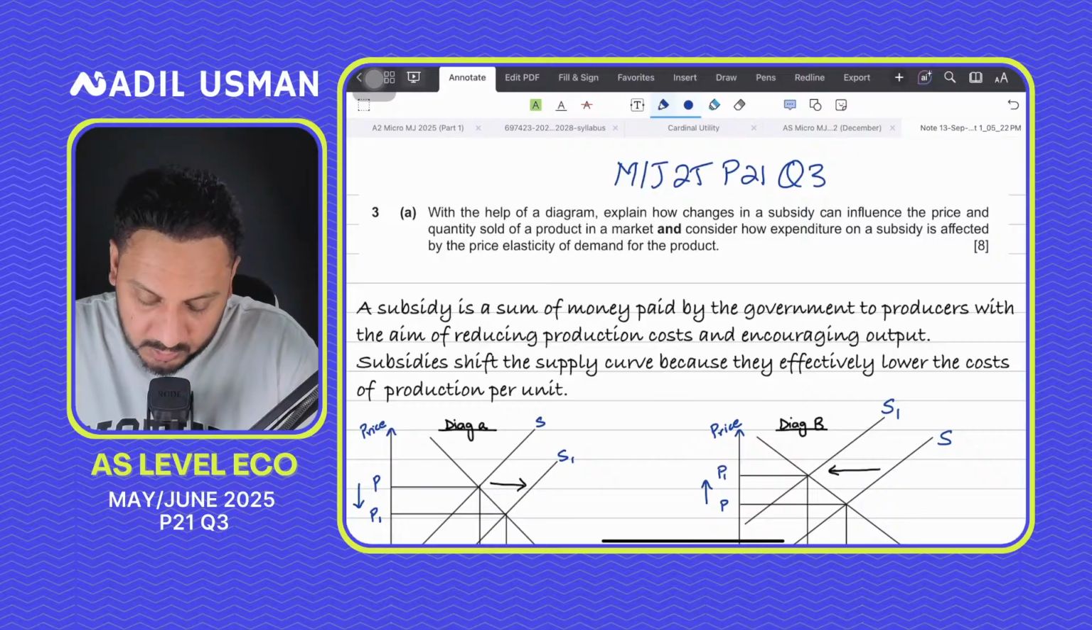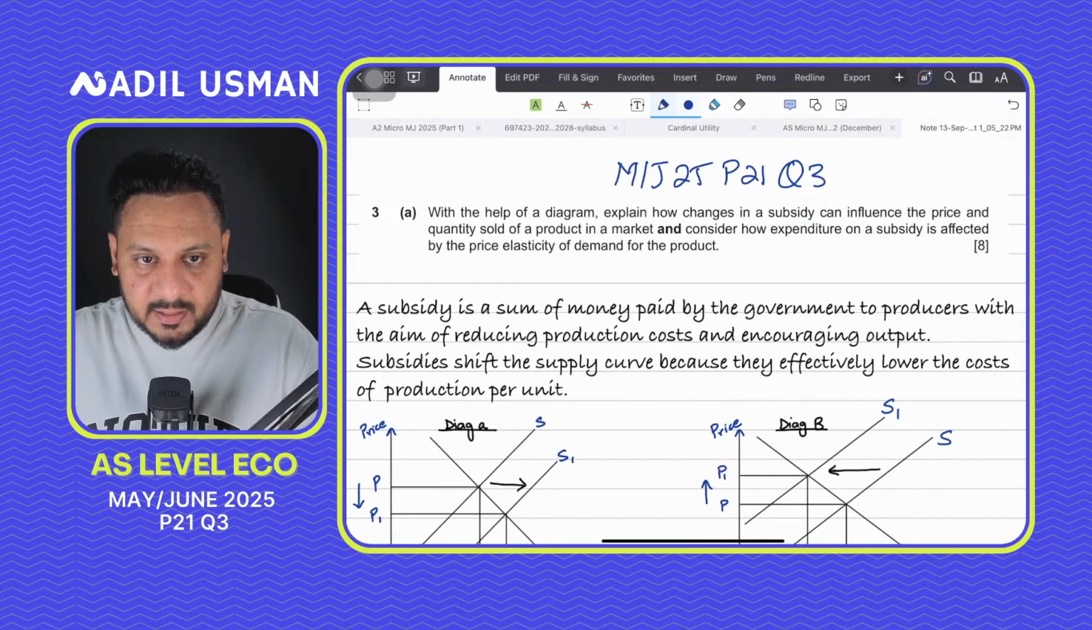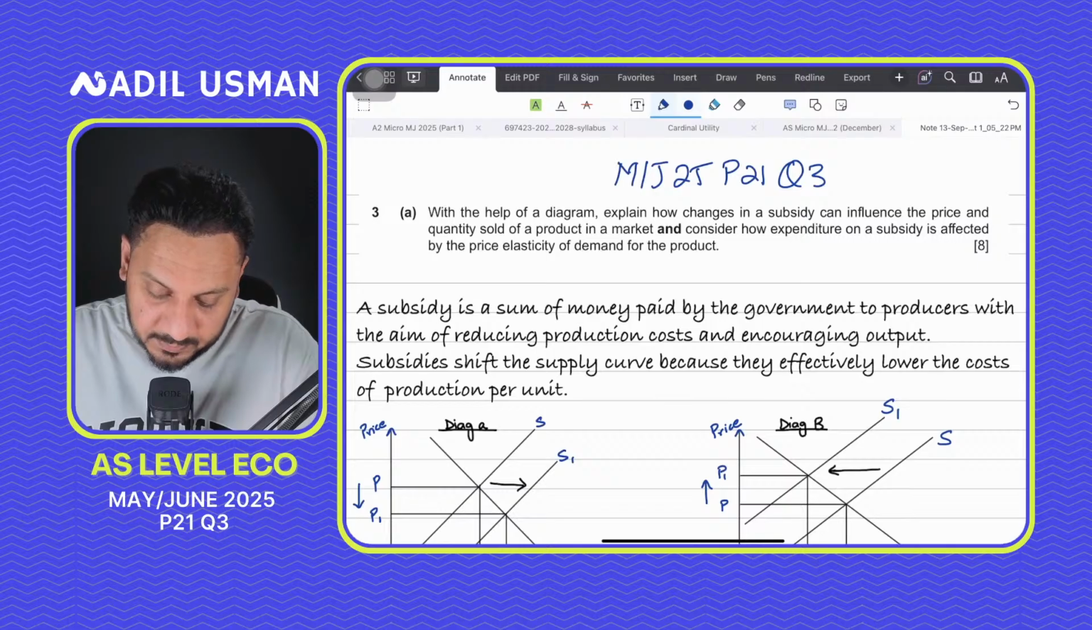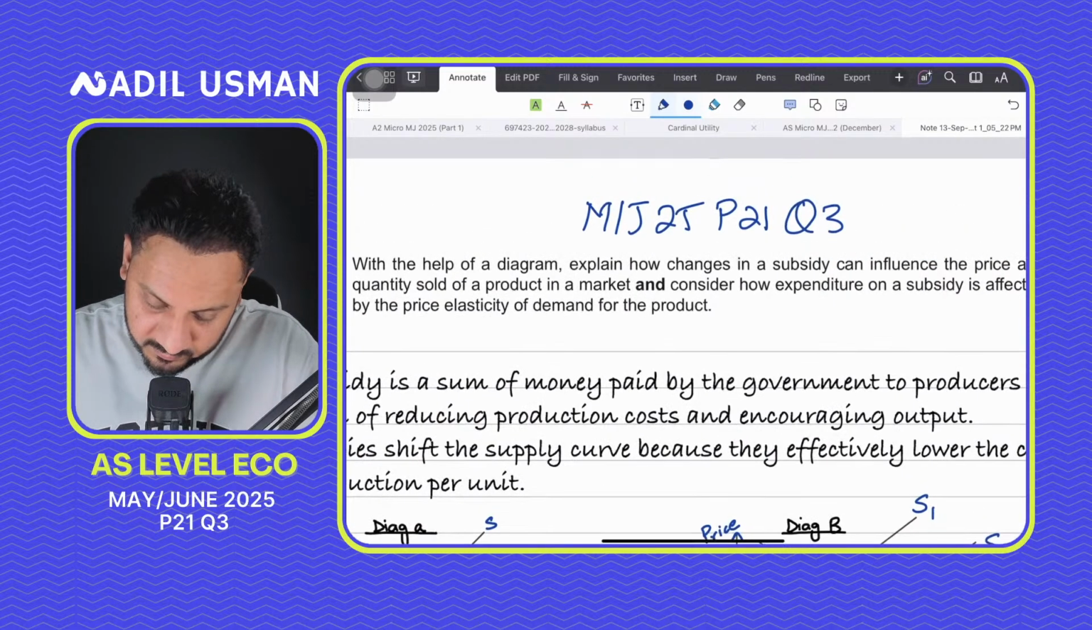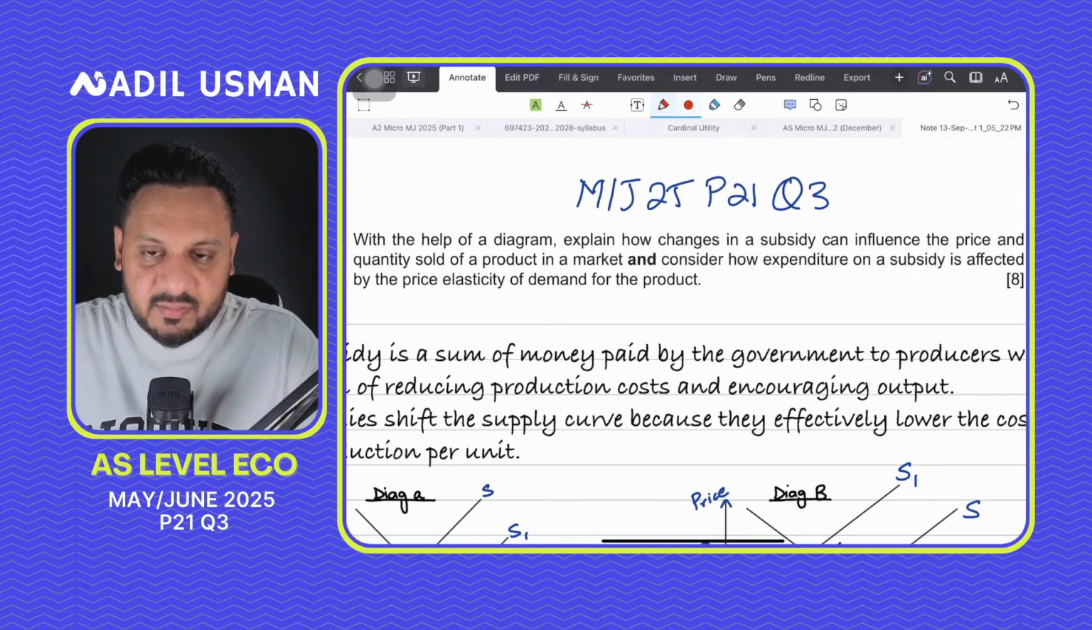Anyways, the first question says, with the help of a diagram, explain how changes in a subsidy can influence the price and quantity sold of a product in a market, and consider how expenditure on a subsidy is affected by the PED. Now, what you need to do is remember that whenever you read the question in the exam,